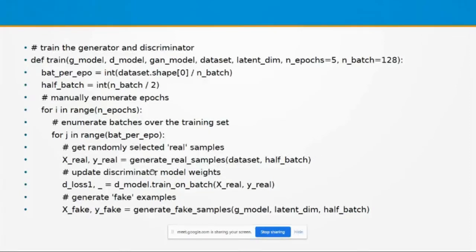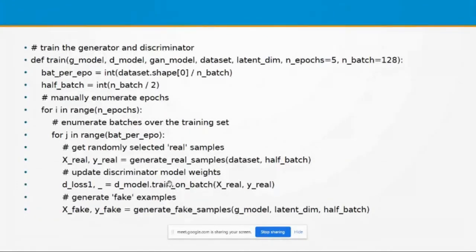Then after generating the real samples, I am going to train the discriminator model with the help of the real samples to get the knowledge regarding the real samples. And for that, we can make use of D model, that is the discriminator model, dot train on batch. The dot fit method is the normal method we use for training on input data. But here I'm going to use train on batch, because the training is actually happening inside the model as a batch, and that is the reason.